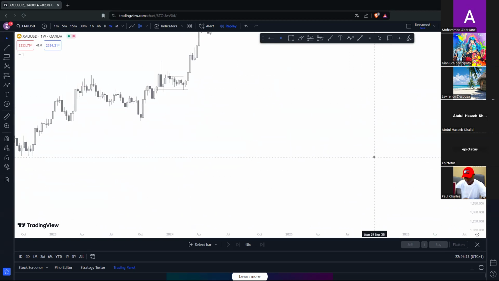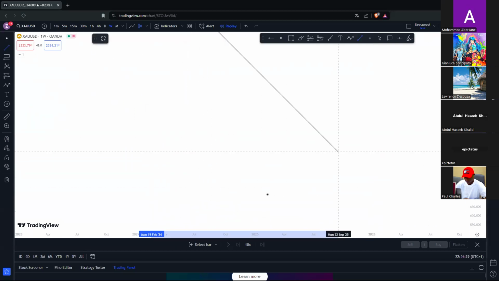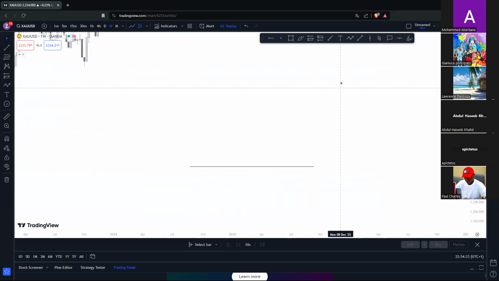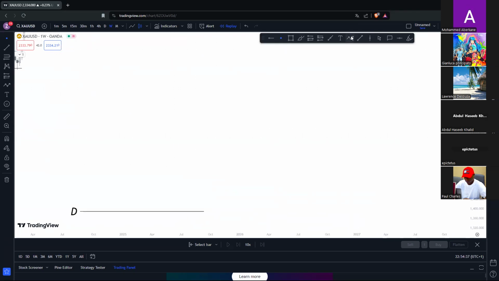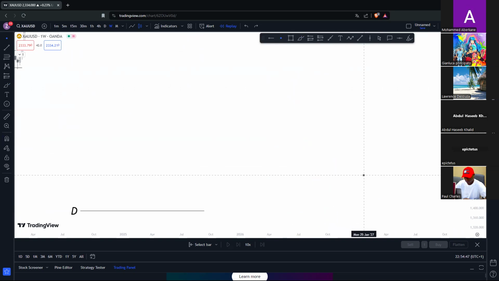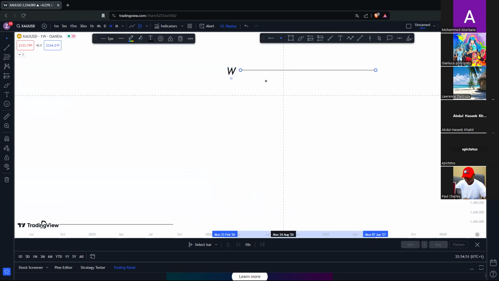So what are the major signs for a certain storyline to start? The level needs to be fresh on the daily. And since price travels from a fresh level, it needs to go to a fresh level on the same time frame. So if it goes from a daily, it must end in a daily, right? Also, you can have a storyline within a storyline.